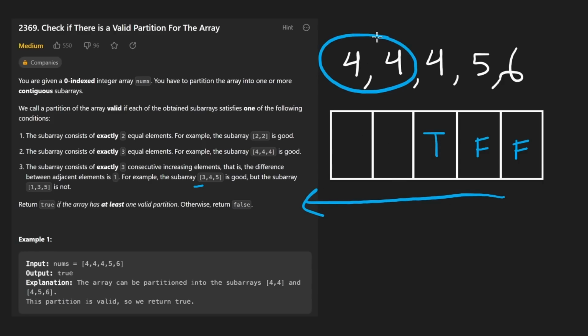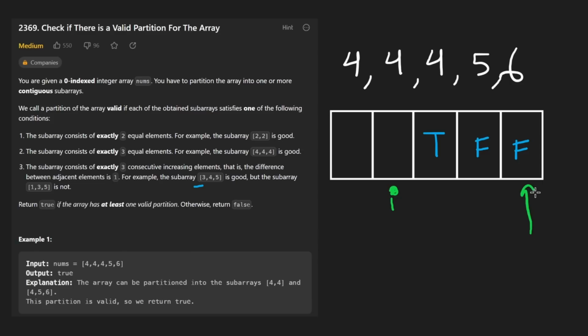It's a pretty short array, but we'll still get a pretty clear picture of how to solve this problem in the general case. So now our I pointer is going to be over here, which is basically the last index minus 3 because we already filled up these 3. So here we know that there's 3 different ways that we could partition this array. We could take these 2 values, and if they are